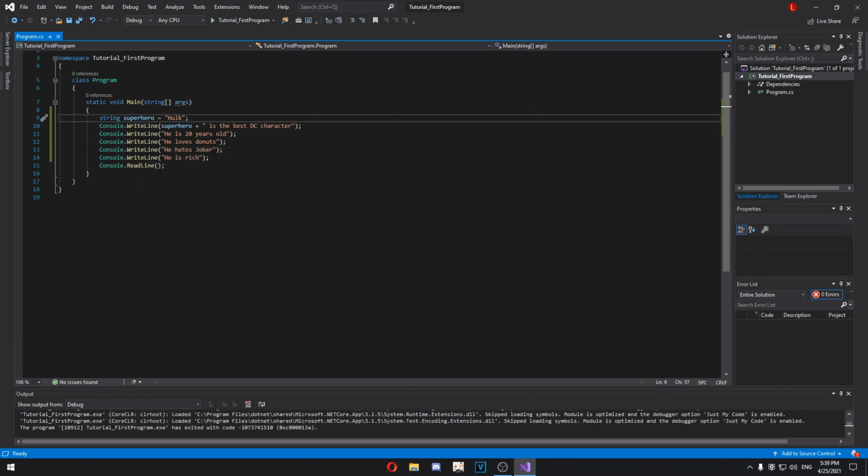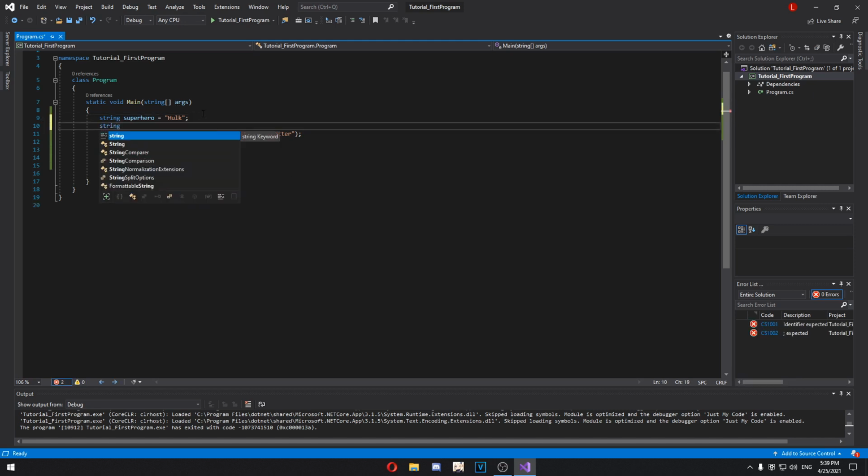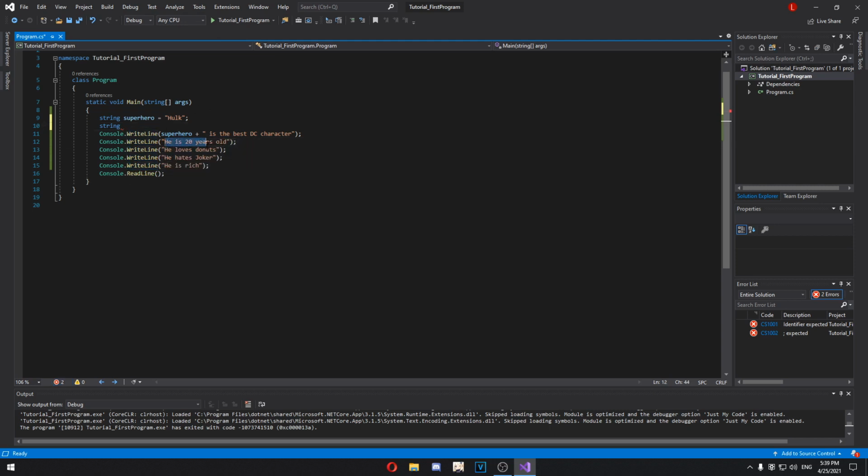So for an example, let's say we want to change the age of Hulk in this case. What would we do then? It would make another variable, another string. I'm gonna repeat this again just to make it more clear. A string is a type of variable that holds a certain data type, and this data type is just a bunch of text, like you're familiar with because of console.writeline. You write down a bunch of text in between these quotations, and we're gonna call another one, but instead of a superhero, we're gonna try to create a variable for the age of the character,